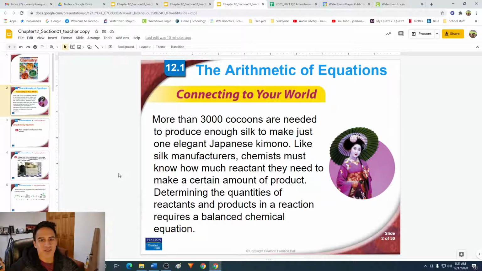This chapter is going to be about stoichiometry, which is a really funky sounding word, but basically all we're going to be learning about in this chapter is how we can use chemical equations to calculate the amount of material either needed in a reaction for it to start or go, as well as how much product we can make. So last chapter, in Chapter 11, we were learning about chemical reactions and how they're sort of like recipes. And in this chapter, we're basically going to be learning how to use those recipes to then calculate amounts